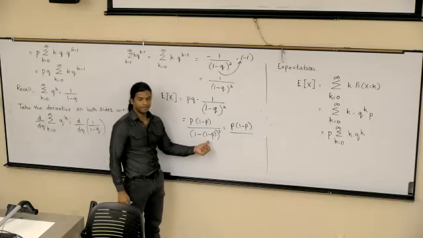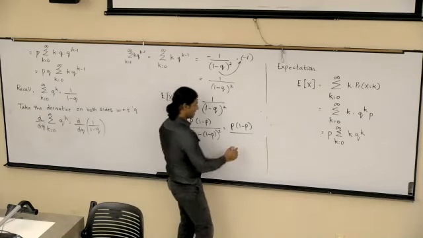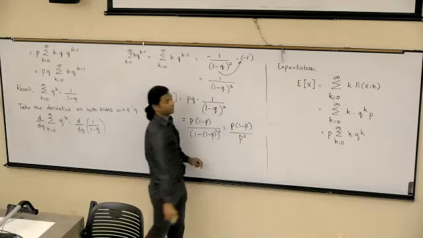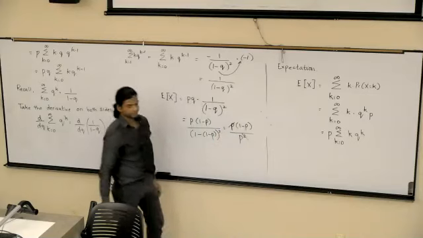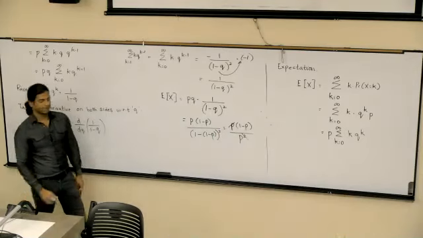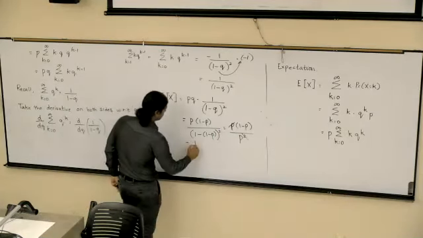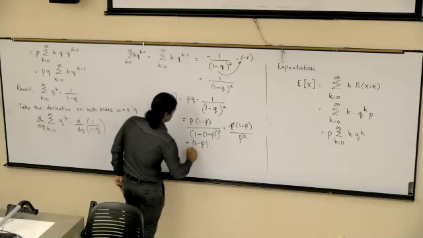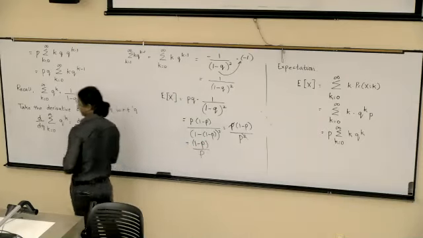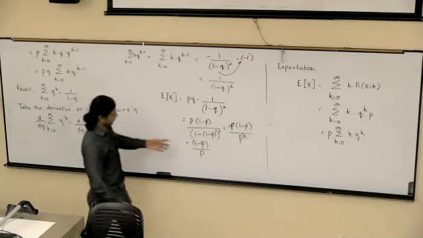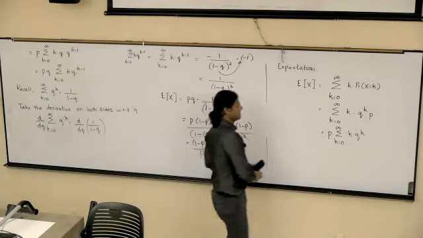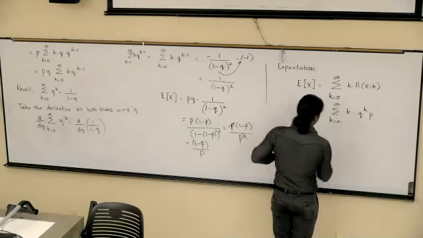Minus times minus p is plus p. And then you're squaring, you'll have p squared. That will get cancelled. So we will end up having 1 minus p over p. So now that we have the expectation to be 1 minus p over p, on average,